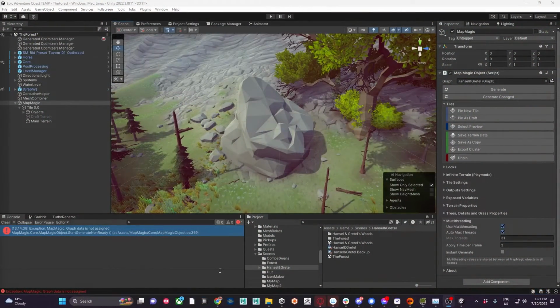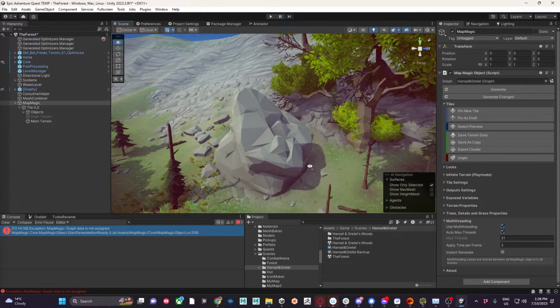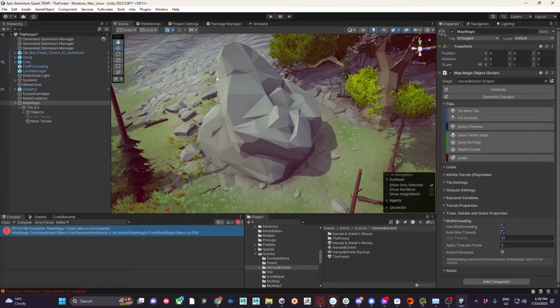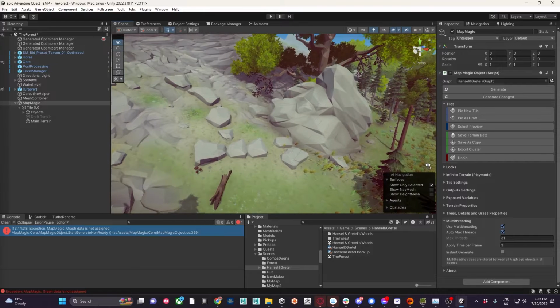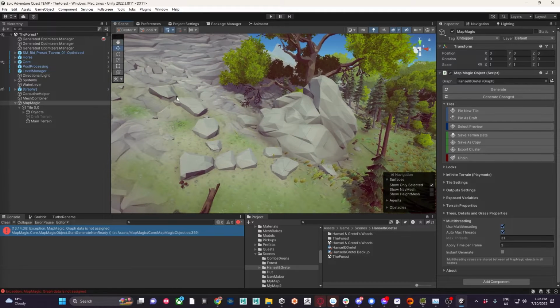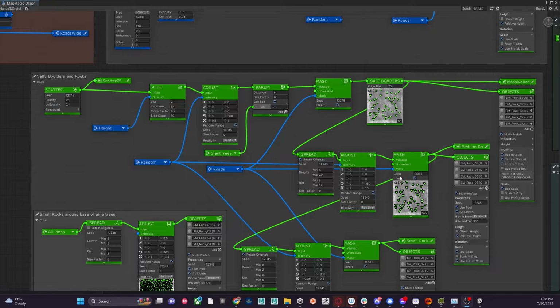So another feature of Map Magic is you can have the objects that you spawn on the terrain affect the terrain. So you can see here we've got this massive rock and it's actually texturing the ground beneath it with that sandy texture, because I didn't like the look of having grass everywhere. And you can see these larger rocks are spawned around the massive rock, and they too make the ground beneath them sandy. So just looking at our graph,